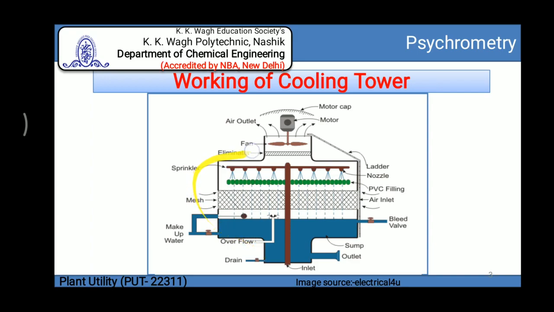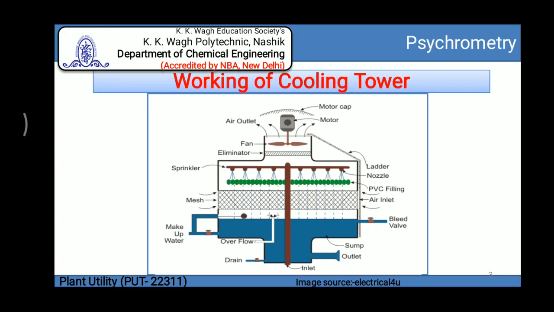And the last part of this is the body. The body of this cooling tower is the outer surface of the cooling tower and it is often made from FRP, that is fiber reinforced plastic, which protects the internal parts of this cooling tower. And here we can see this is a sump, which means after the process this water gets collected inside this sump. This is the makeup water area, this is the drain pipe, and this is the outlet pipe from which the water is removed. Now I am going to discuss the working of the cooling tower.